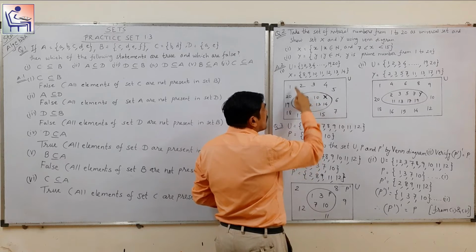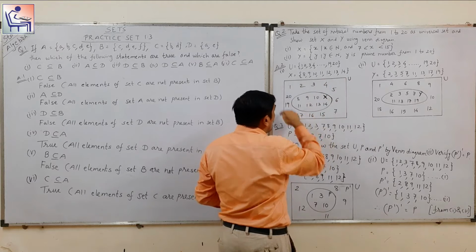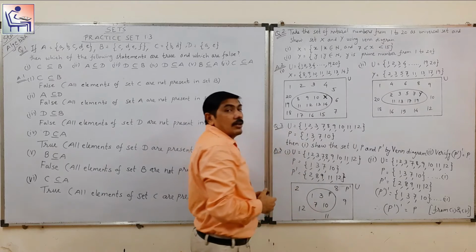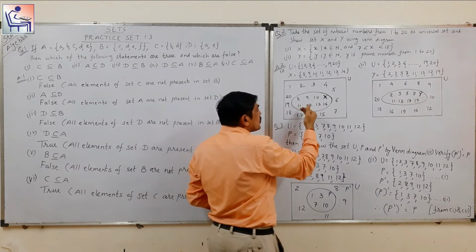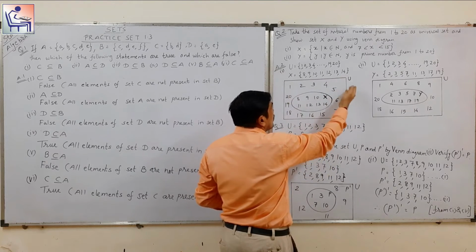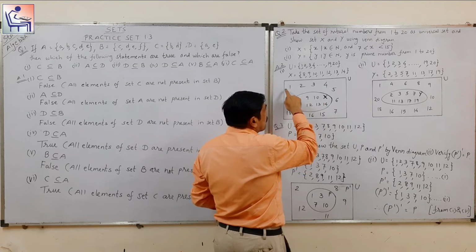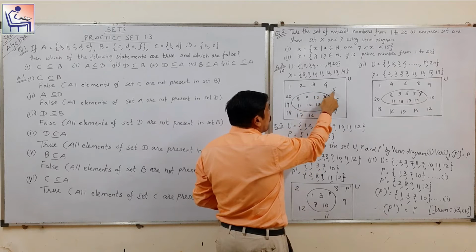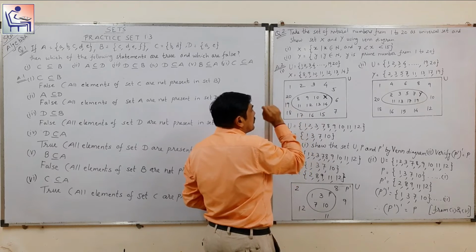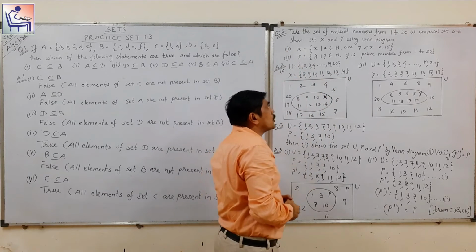Now the rest of the elements from set U I will write outside this closed figure but inside the rectangle. So outside the oval shape, that is the closed figure, but inside this rectangle, that is your universal set. So here, except these elements, we have written all the elements 1, 2, 3, 4, 5, 6, 7. So 8 to 14 are here, 15, 16, 17, 18, 19 and 20. Now we will move towards sub question 2 of your question number 2.